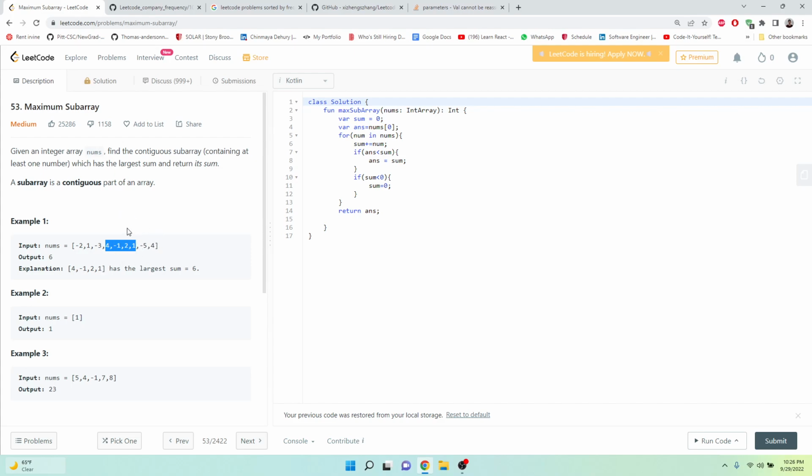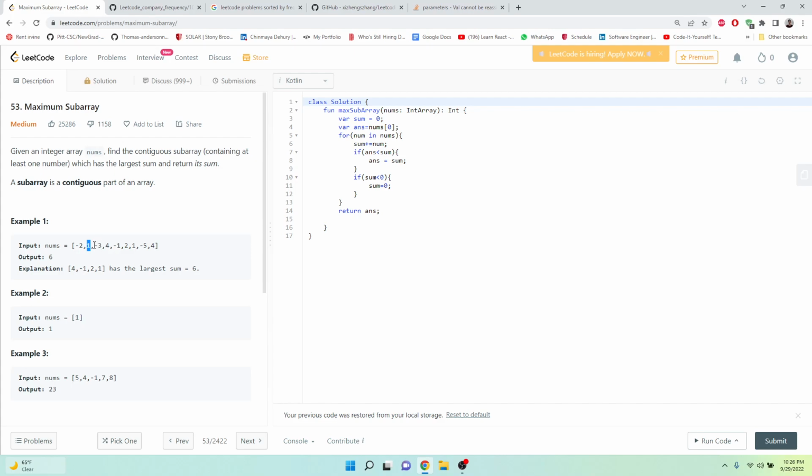So how do you find the subarray? For a subarray to have maximum sum, we need to basically increase the sum as we progress. So how do we increase the sum? We can only increase the sum if we are adding positive numbers to it. So if the sum becomes negative, we basically drop the subarray. At any point, let's say we start from here, -2, we see, oh, it's negative, the sum is currently negative, so we'll drop it. So when we go to 1, we discard this previous sum,